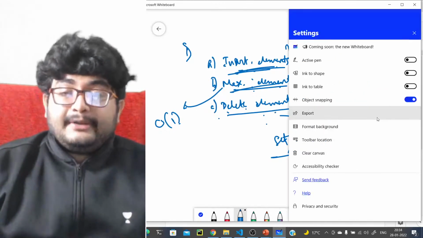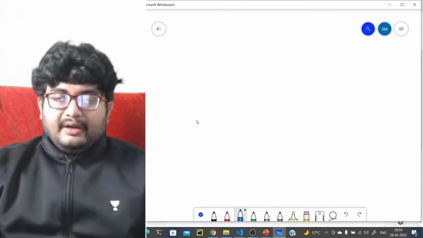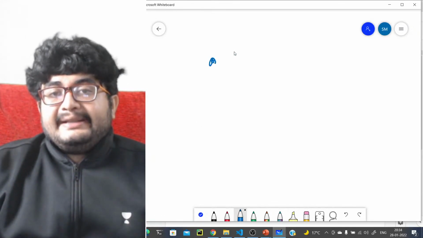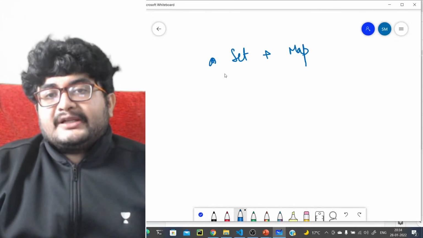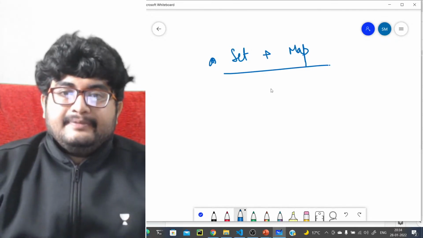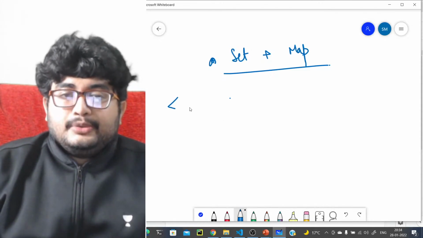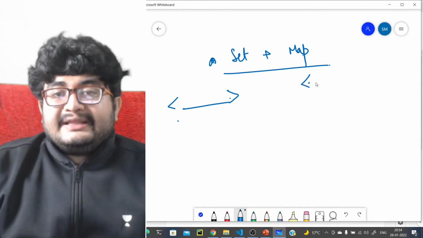If you don't want to use a multi-set, just to maintain the frequency, or if you want to remove an element, what you can do is maintain a combination of a set plus map. This is a very powerful combination, set plus map. This is very powerful. Why? With set you can store the unique values in an ordered fashion. With map you can store their frequencies, right?